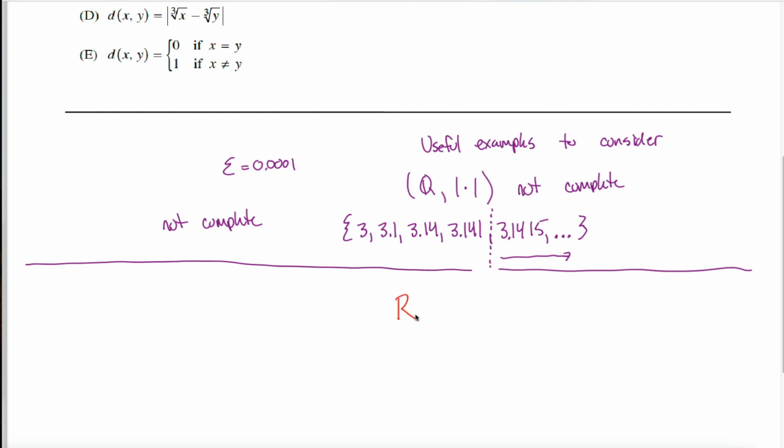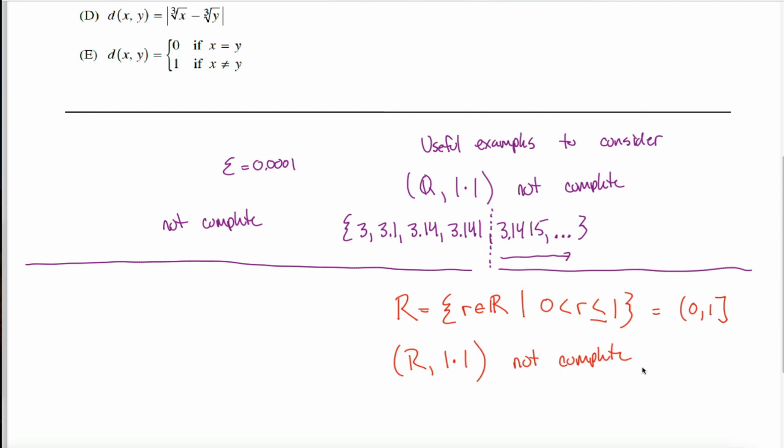We'll define the set R to be equal to the set of all real numbers that are between maybe 0 and 1. Maybe we'll include the endpoint of 1, sure. In interval notation, we're just talking about all the numbers from 0 to 1, not including 0, including 1. If we consider the metric space R with, again, our standard notion of distance, we can show that this is not complete.